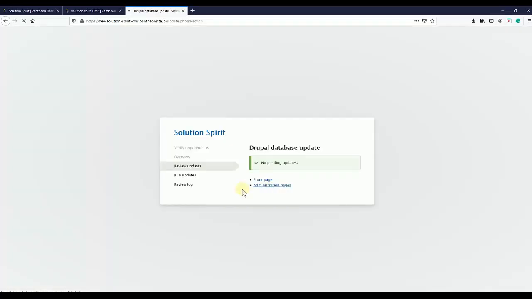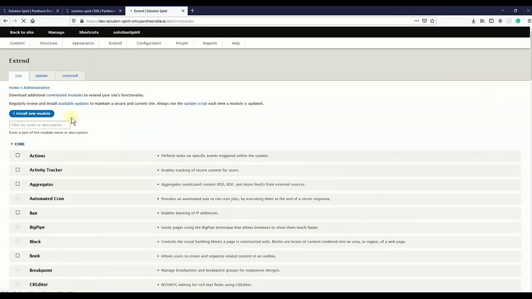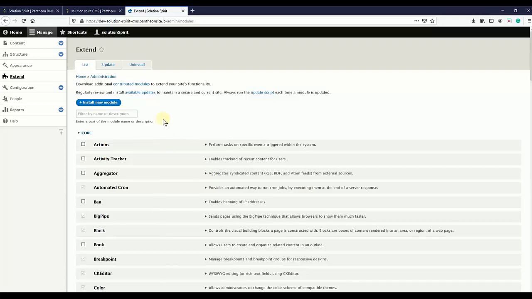Just go on the administrator page, and after doing that you will be able to see this install module button, and from here you can install the modules and all these things. So this is a quick knowledge about how you can install and host a Drupal 8 site for free